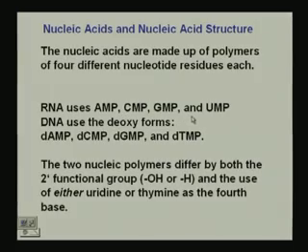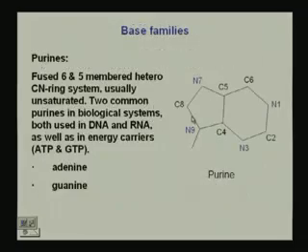They are what we call the bases, the nitrogenous bases that are comprised of 2 families, the base families, that are the purines and the pyrimidines. In considering the purines, we have fused 6 and 5 membered hetero CN carbon nitrogen systems that are usually unsaturated, and the 2 common purines in biological systems that are used in DNA and RNA are adenine and guanine, which are the purine, forming the purine